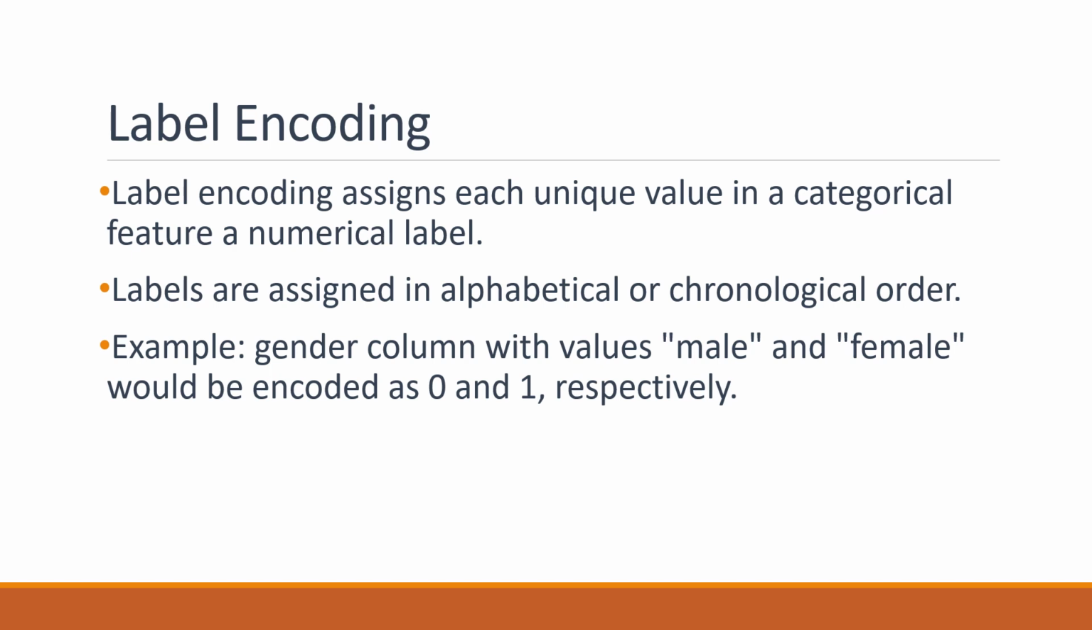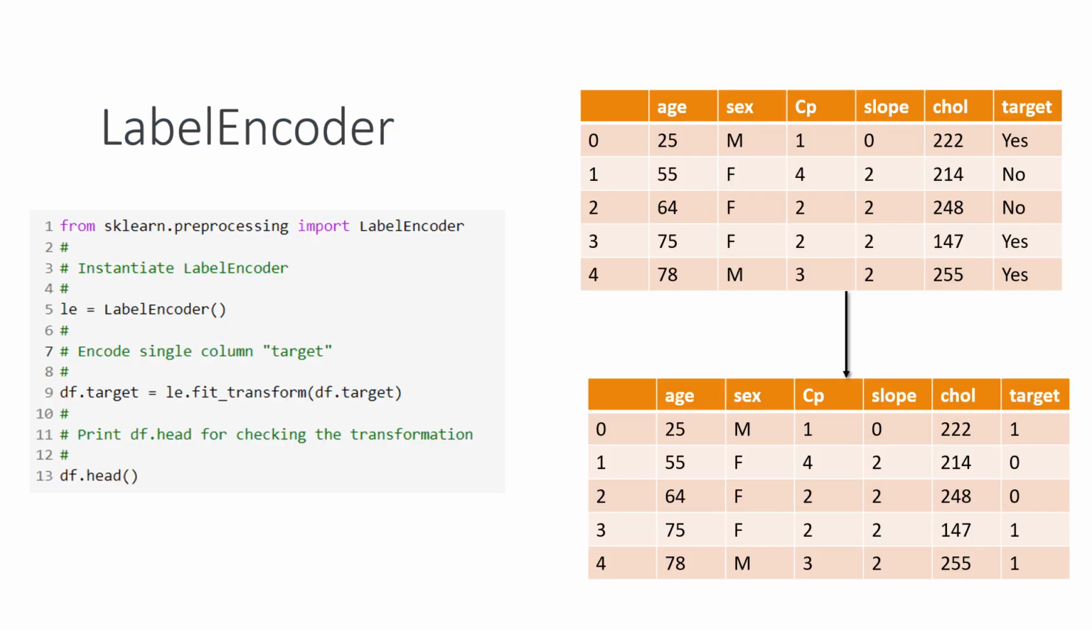Label encoding can be useful for ordinal data, where there is a natural ordering to the categories. For example, an educational level column with values high school, college, and graduate can be assigned labels 0, 1, and 2 respectively. Here's an example of how we can convert the target column, which has the values yes and no, to